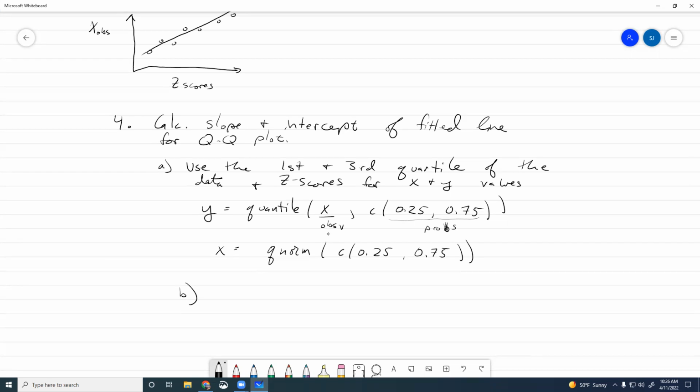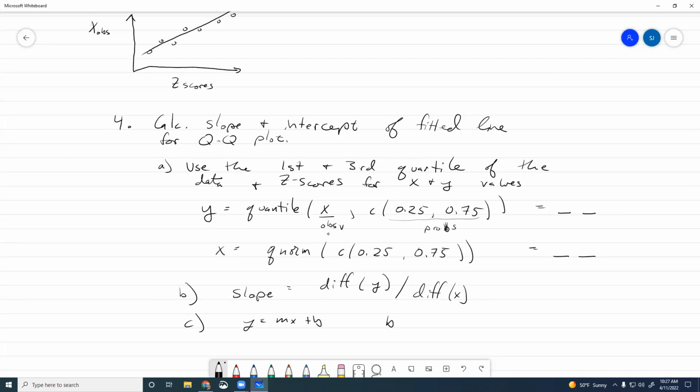So the slope is just the difference in Y's and difference in X's. And we can use the difference function to do that. So diff Y over diff X. These are going to spit out, just so you know, a vector with 2 values. And so this will just take the difference of the Y's and the difference of the X's and give us the slope. And then the intercept is just solving this equation, y is equal to mx plus b,